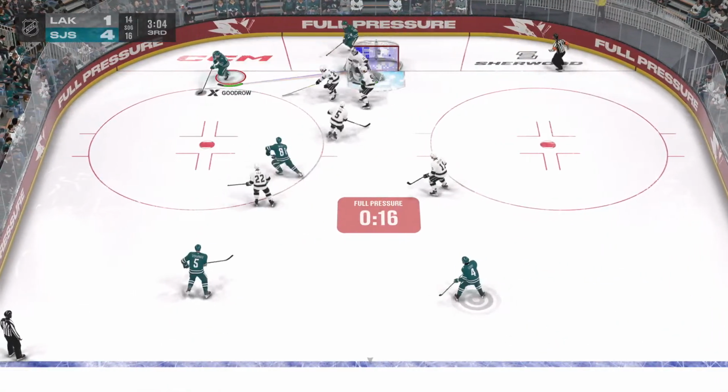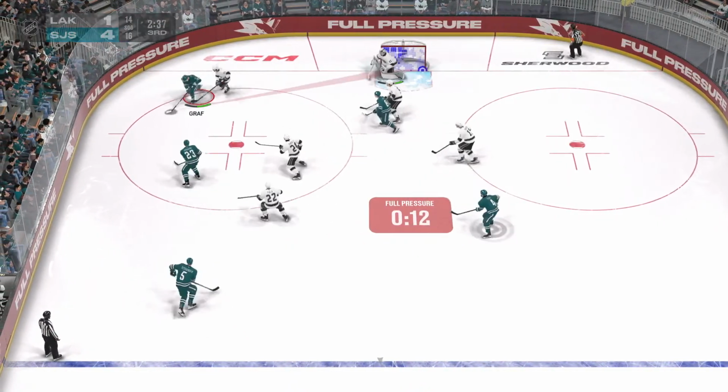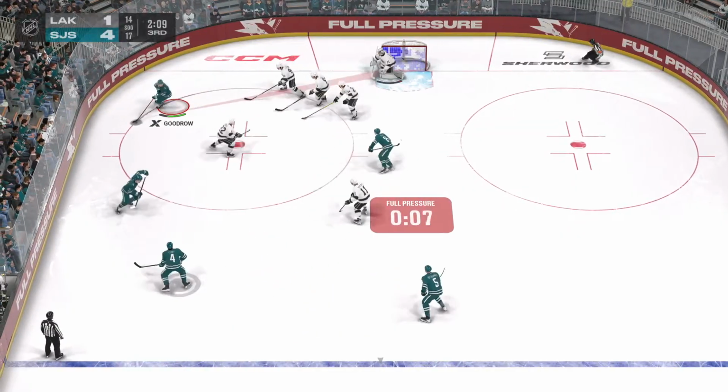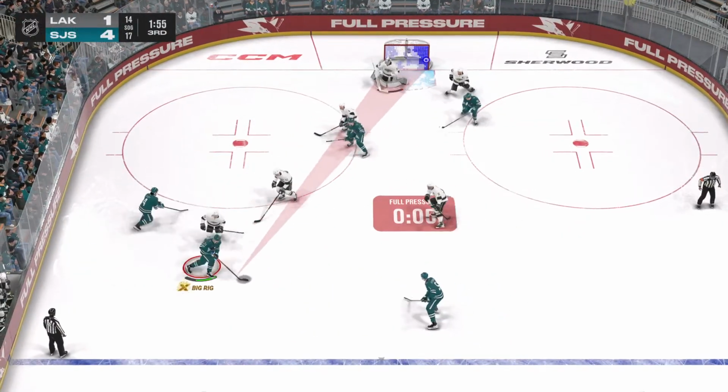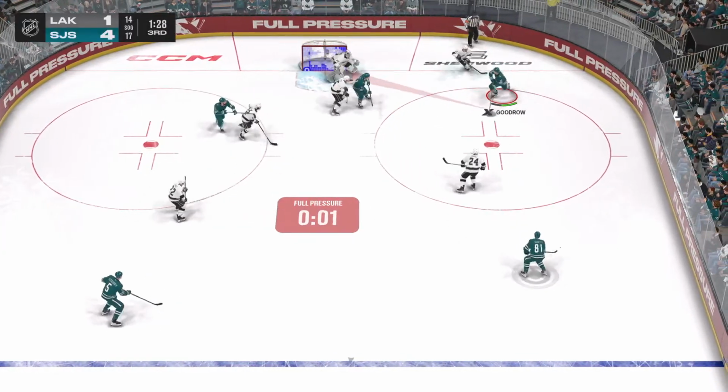San Jose's got the puck along the wall. Slides diagonally to Leddy. Ross got it against the boards. Denies him with the save. They've really got him on their heels here now. Moves it around. Carrying it,